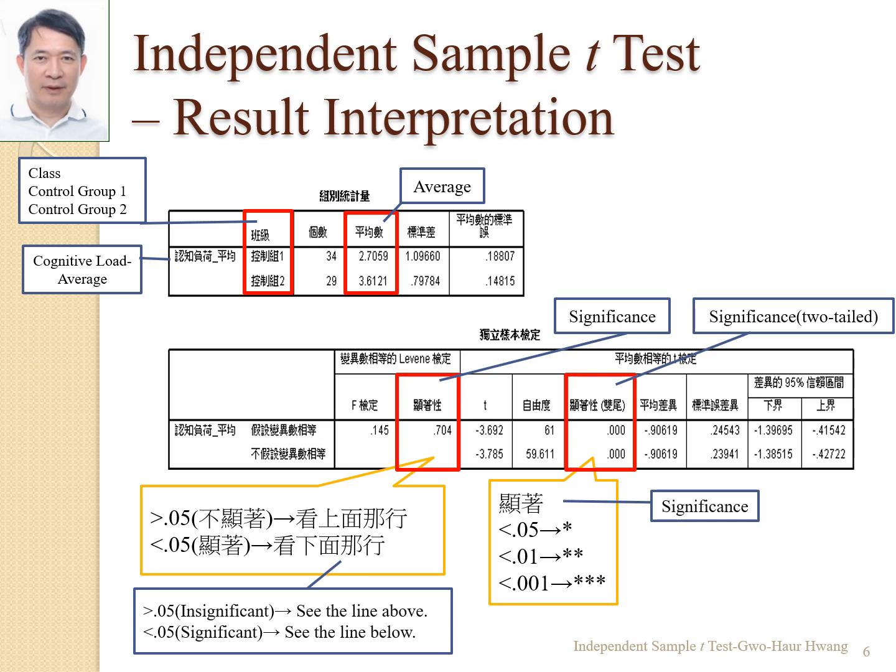Firstly, we need to check if the variances are equal. We assess this by looking at the significance level. If it is greater than 0.05, it indicates insignificance, suggesting that the variances of the two groups are roughly equal. Now, looking at the row corresponding to the test of equality of means, the p-value is 0.000, which is very low. Therefore, it's marked with 3 stars, indicating high significance. The t-value is 3.692. This indicates that there is a significant difference between the means of Group 1 and Group